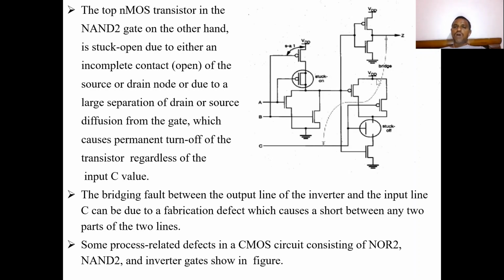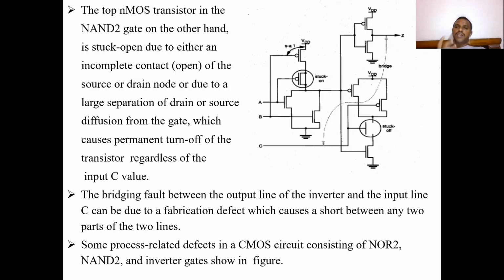Then those faults we call bridge faults. Okay, so if this occurs, what happened here? Always the Z is nothing but the C value. So that is what the bridging faults are. The name itself says it: a bridge is established between the input C and at the same time the inverter output. Due to that, the output of that inverter will always be the C value. That is one fault we have, the bridge fault.